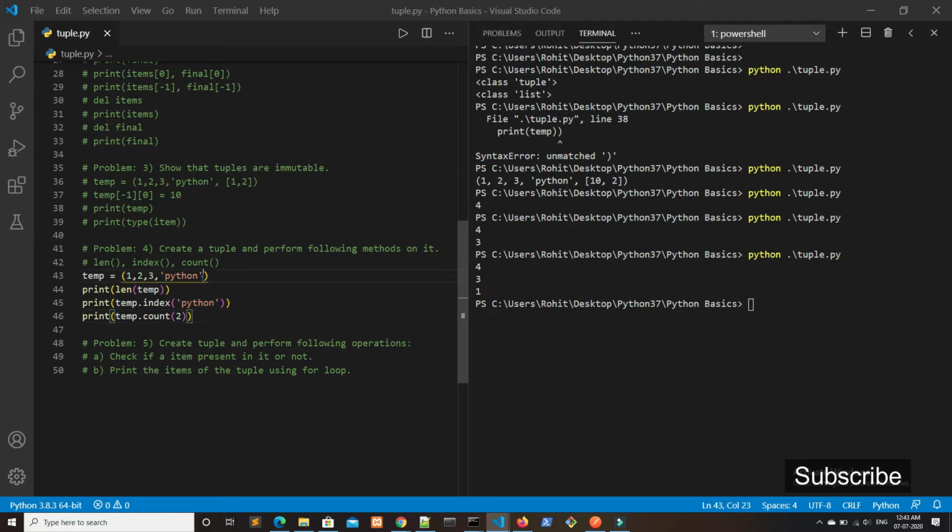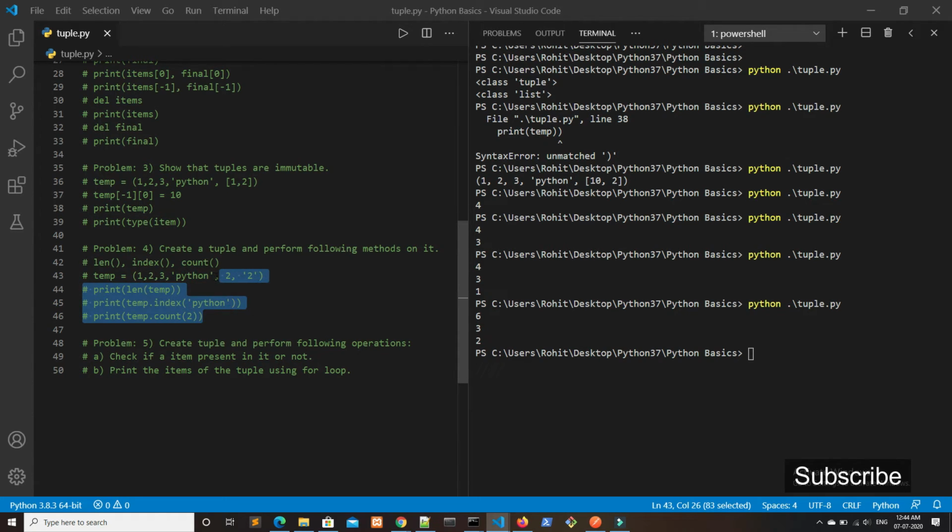And suppose I want one more 2 here, so I write 2, and I will also provide a string 2. So the count of 2 will be 2, that is we are getting 2 here because we have given 2 values of 2. This will not count this 2 because it is a string. So this is the solution of problem number 4.